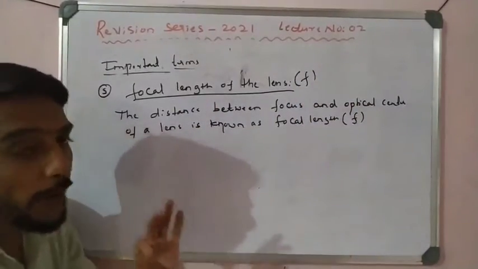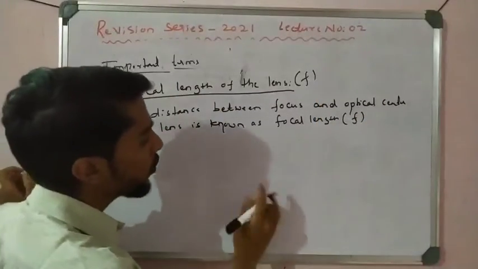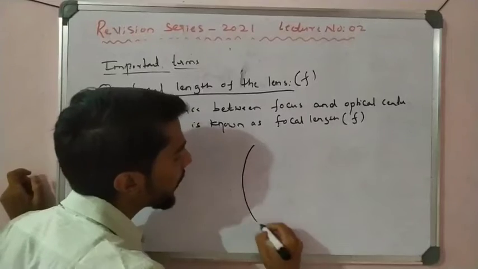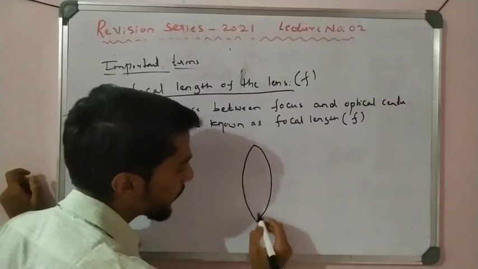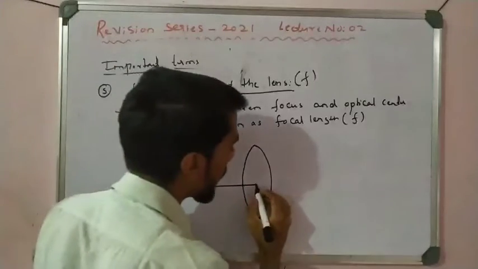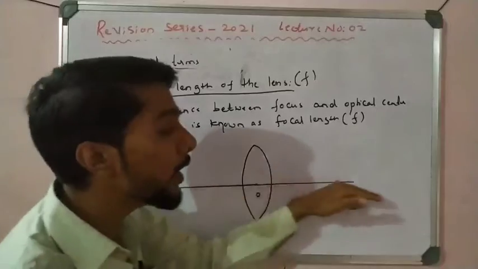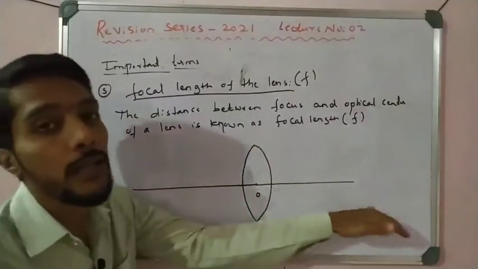Capital F is a focus point, and small f means focal length. Now let us understand this one. If I take a convex lens, here is the optical center and the principal axis, an imaginary line. I can also define the principal axis: it is an imaginary line that passes through the optical center normally,